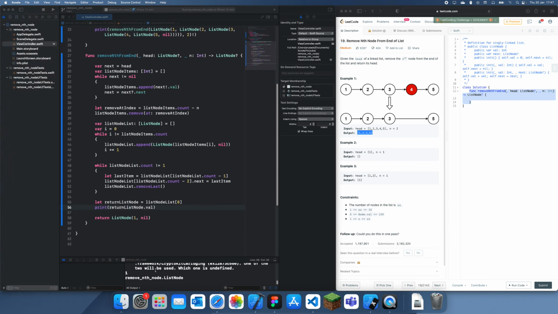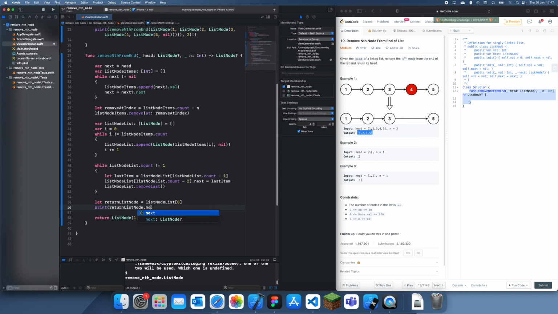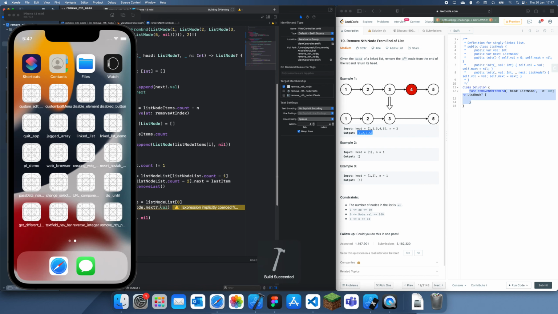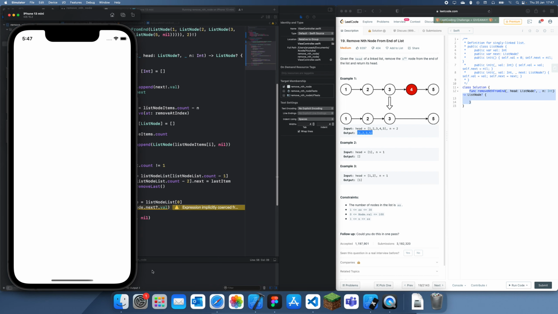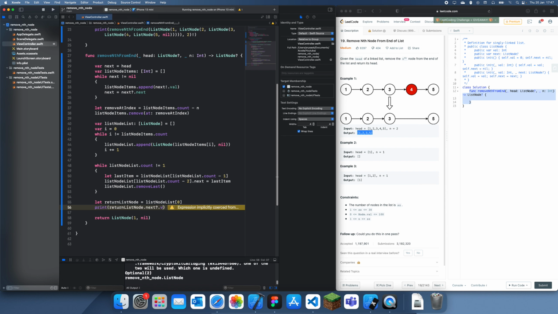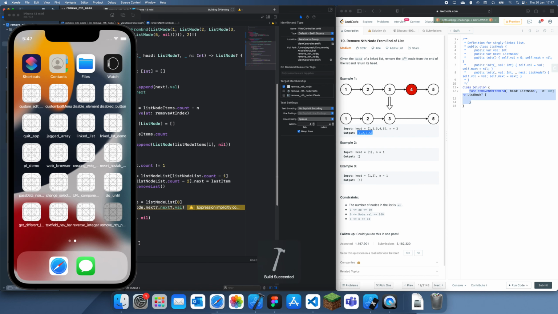We should get 1, okay, that's good, and then dot next dot val, let's see what we get here, should get a 2, good, and next dot val should get 3,